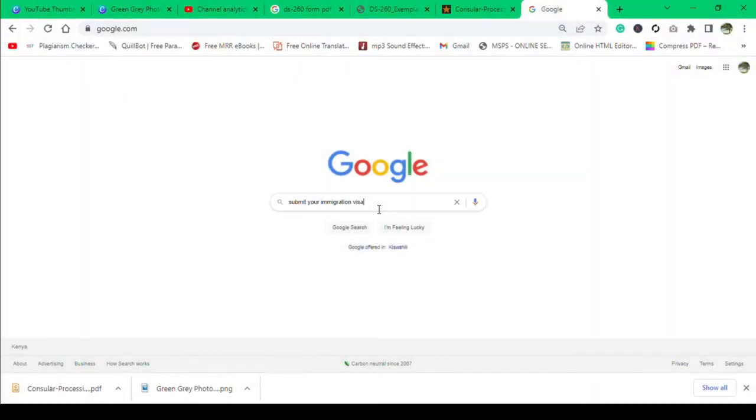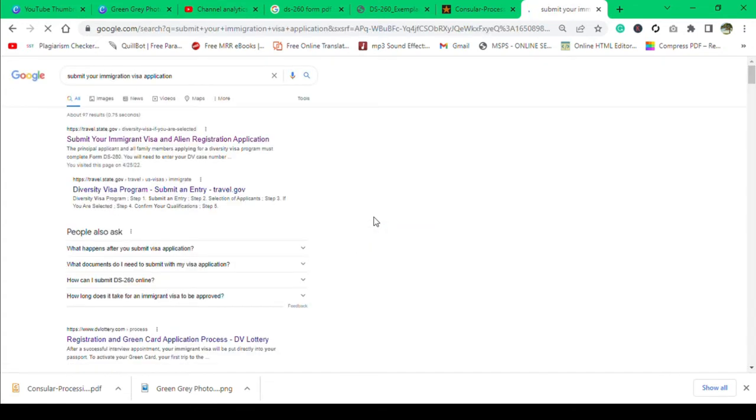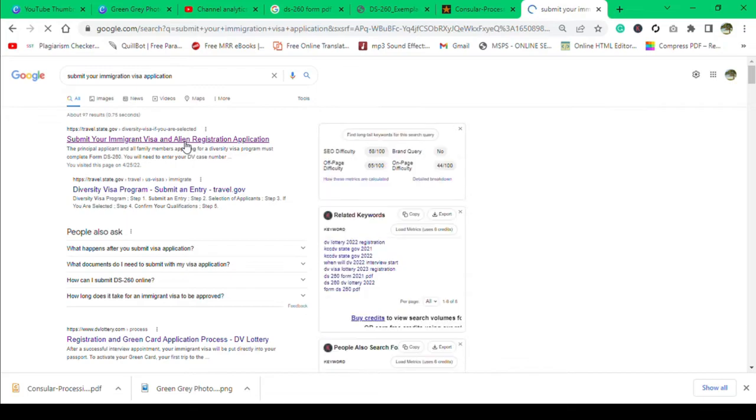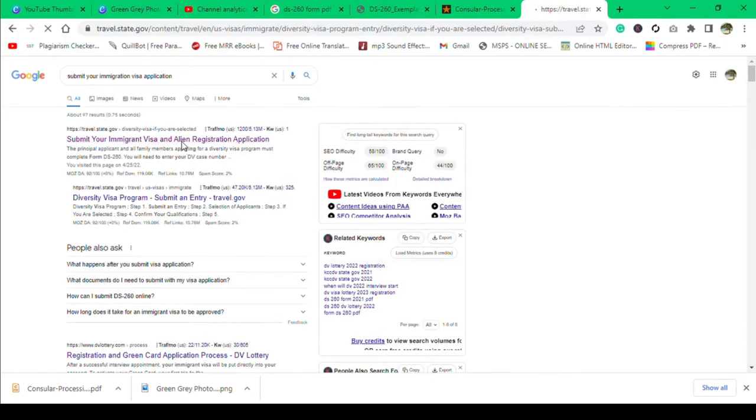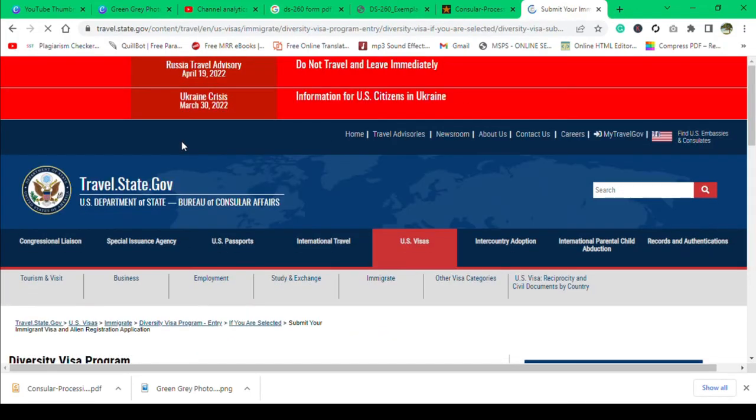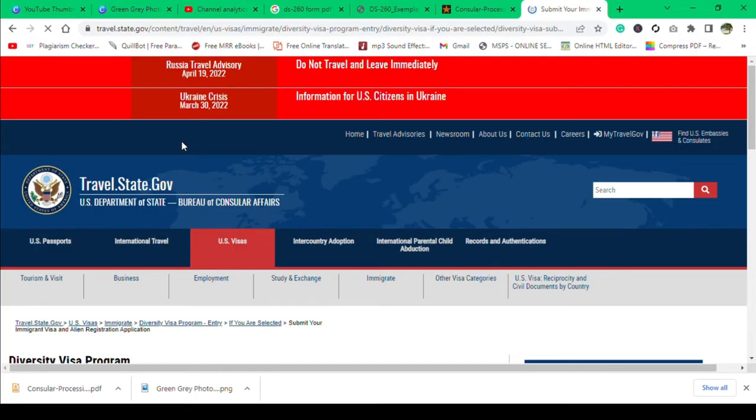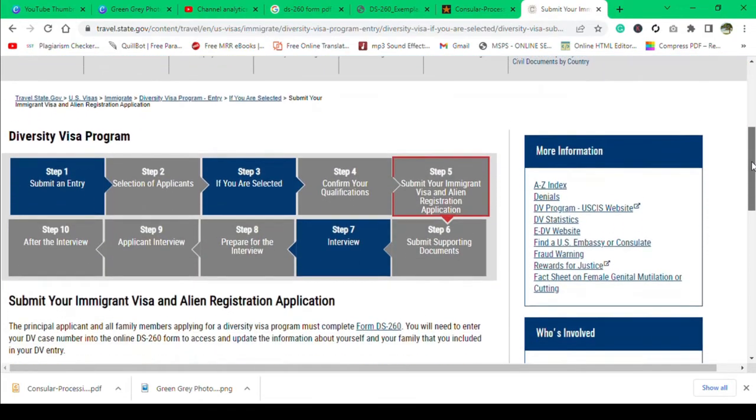So let's dive into the video. Go to your browser and type this: submit your immigrant visa and alien registration application. Then click on it. When you click on it, this page will appear on state.gov. Then you scroll down,